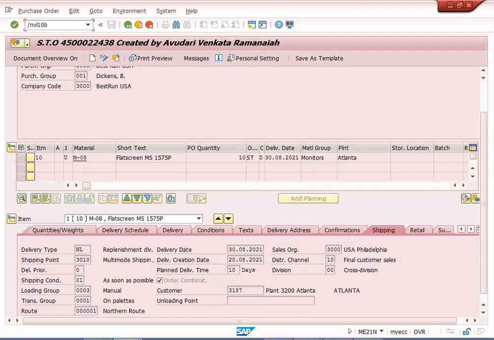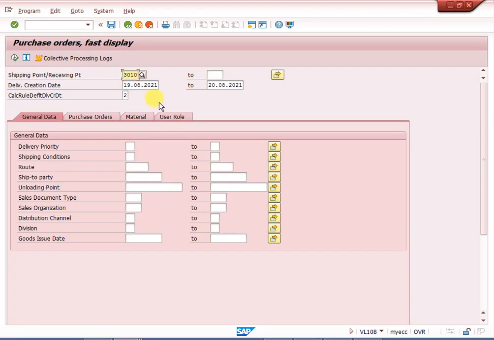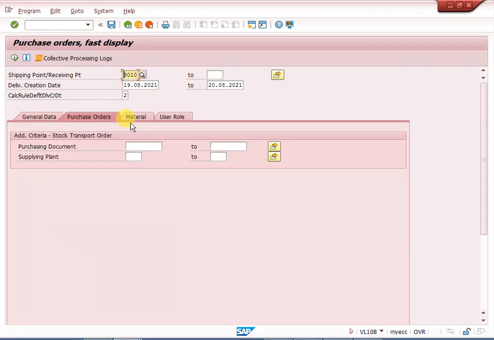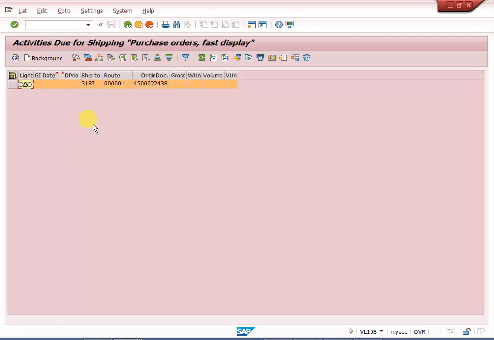First I am doing the remaining process. /n VL10B. We need to create a replenishment delivery with reference to the purchase order. Here 3010 is my shipping point. If you want, enter the purchase document, otherwise you can execute it. All open purchase orders will show.